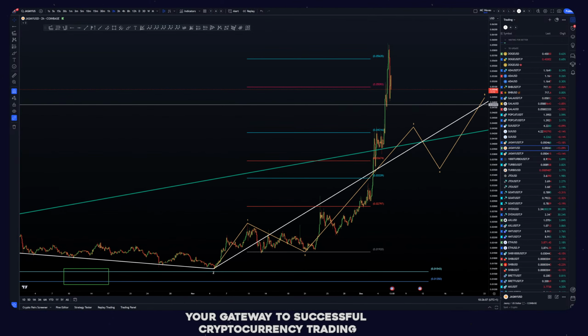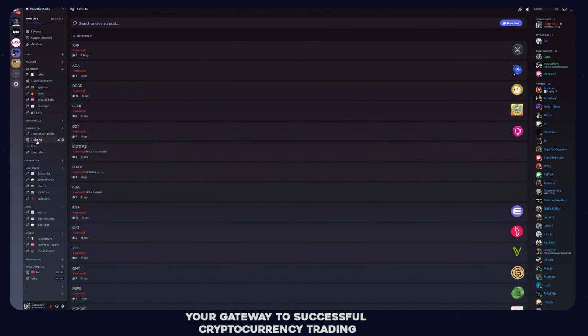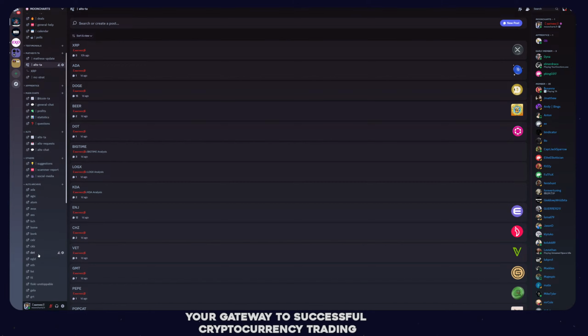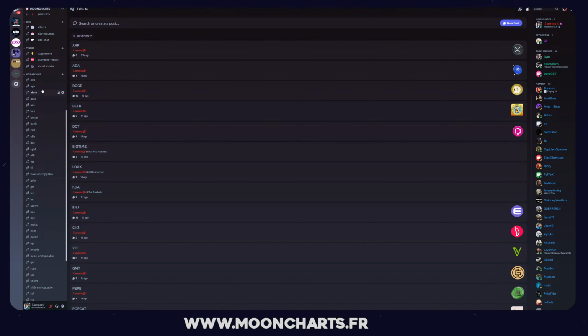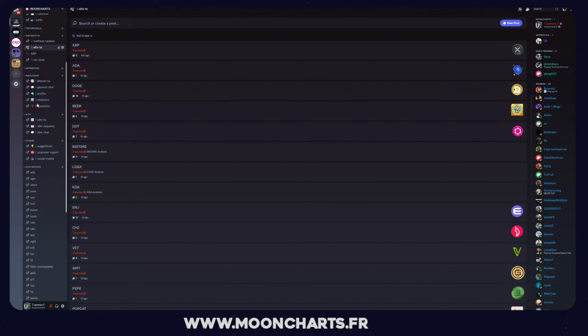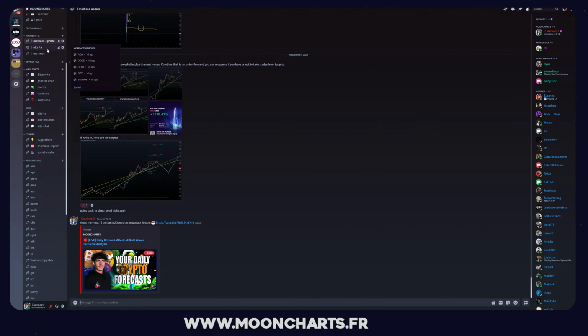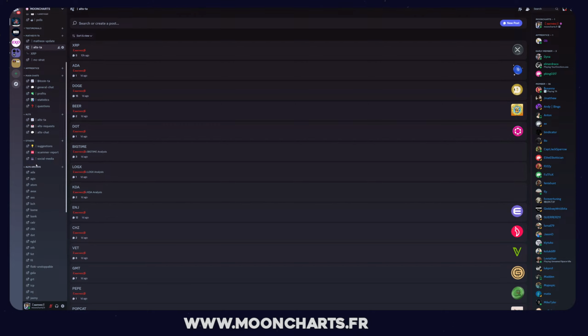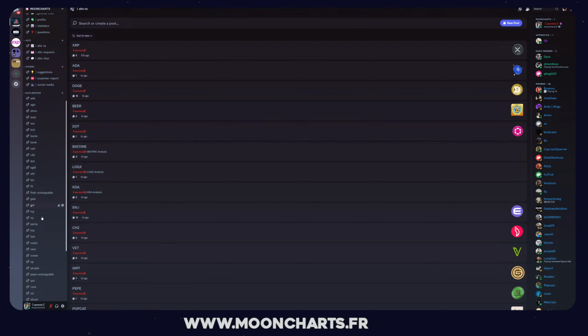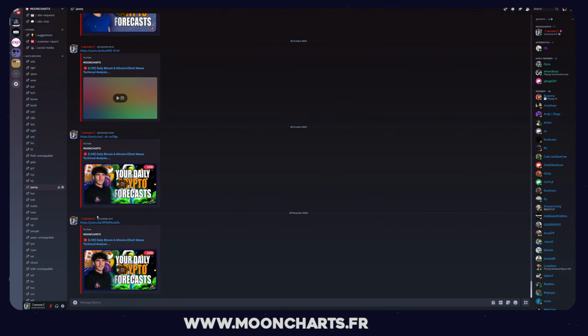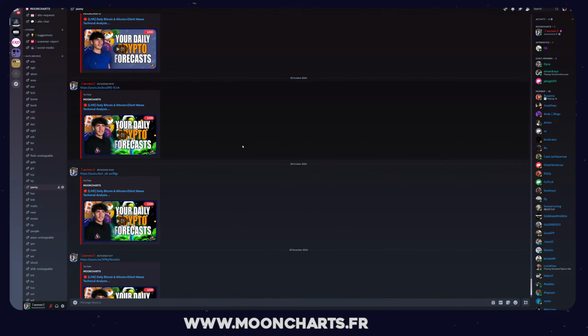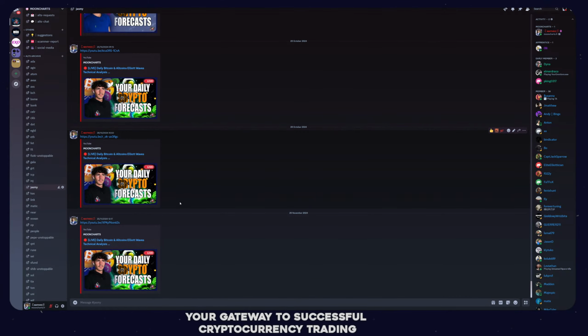I don't know when was the last update on this. By the way, all the TAs are moved now into the Alts TA section. You have the archive, because you had some normal charts before, but for me it's so annoying to get a ton of charts here. You can just get one, and when you click on something else, everything disappears. So it's much better in my opinion. All the old TAs are in there if you want to check them. I'm not going to delete that because you have some old charts maybe interesting.